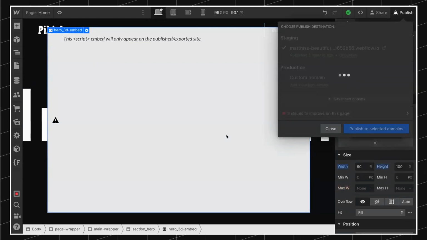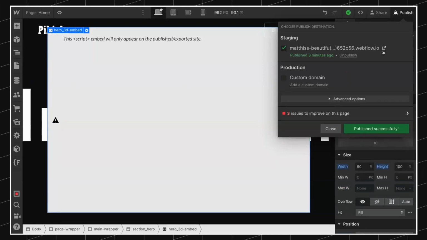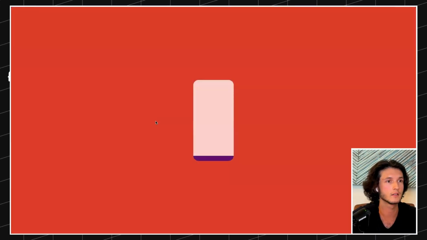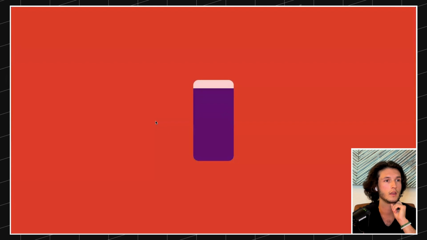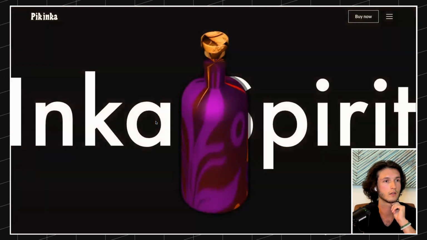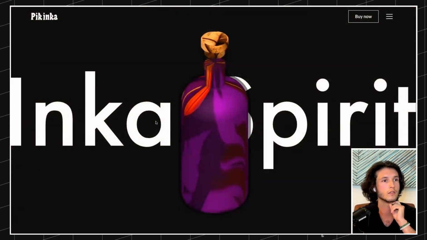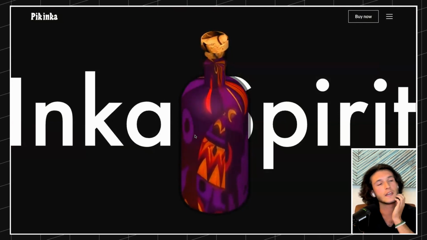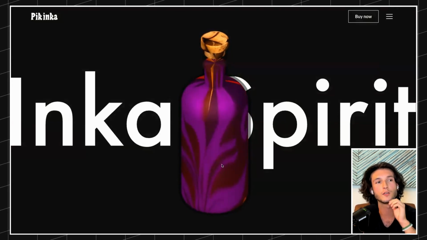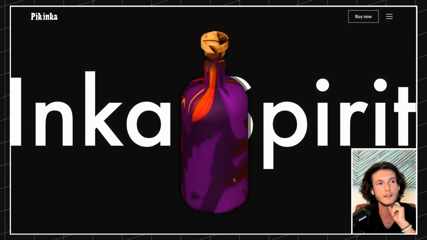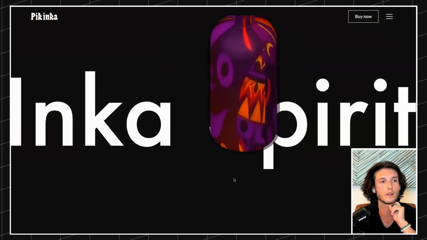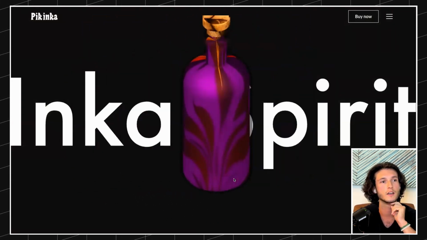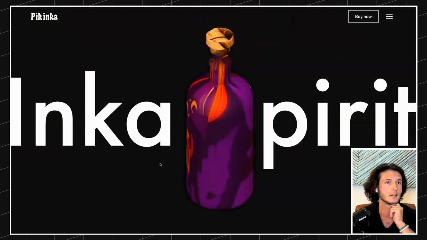Let's see how it looks. Stop talking, let's see how it looks. Cool, nice, I like that. I think we can even add a label on the bottle with the brand. It can actually look really cool, and you can make it move around. And yeah,